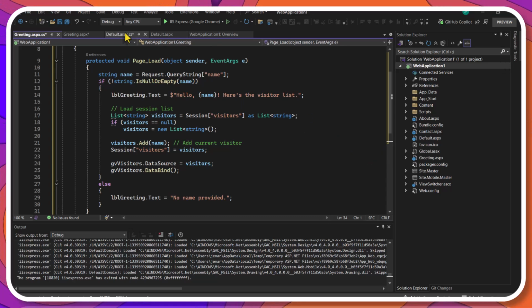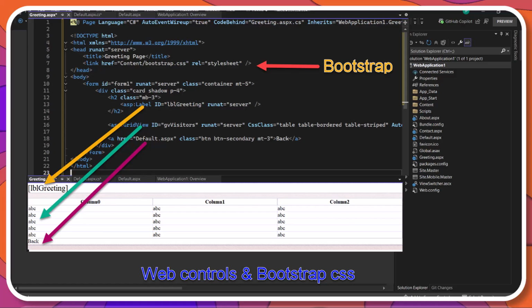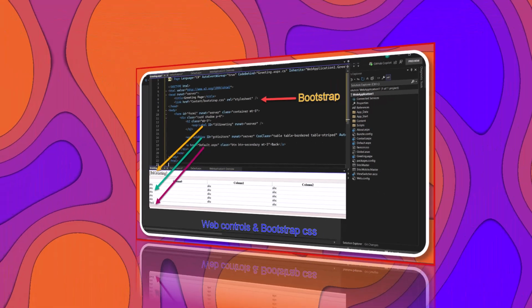The session variable exists all the time that the application is running, and it is destroyed only if we stop the server. That means that every time that the greeting form runs, it adds one name to the list that resides in memory. And that list feeds the grid view control.